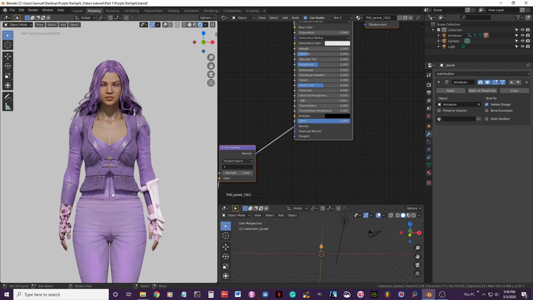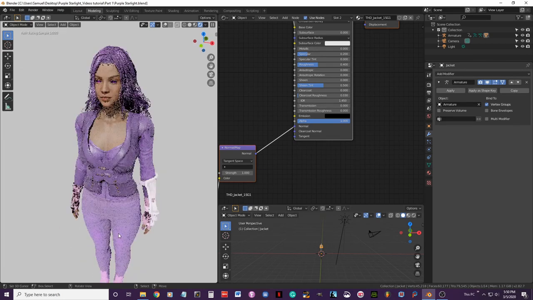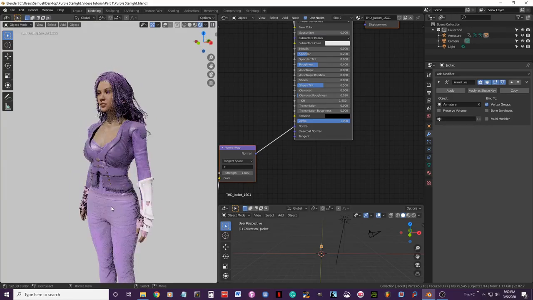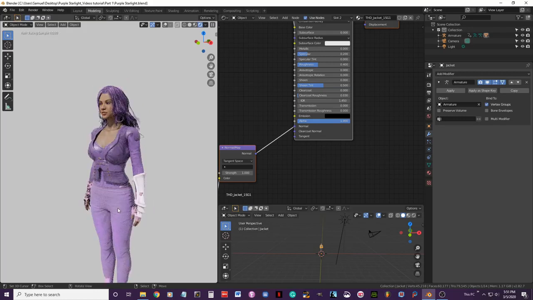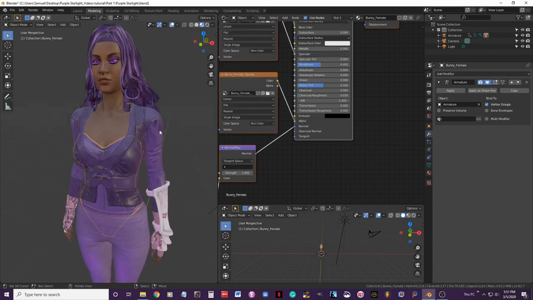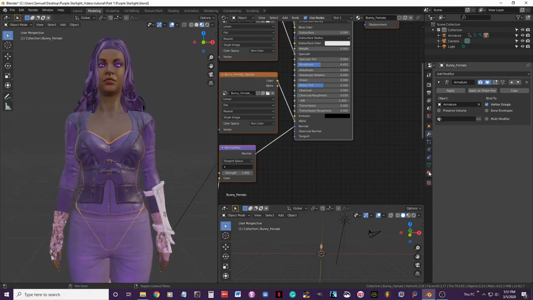Now if you notice the corset behind it too, we need to edit that and adjust the color a little darker, as well as the trousers. See, even though in Character Creator 3 they look almost the same, here in Blender it looks like a different tone of purple, so I may have to adjust that here. So for that,